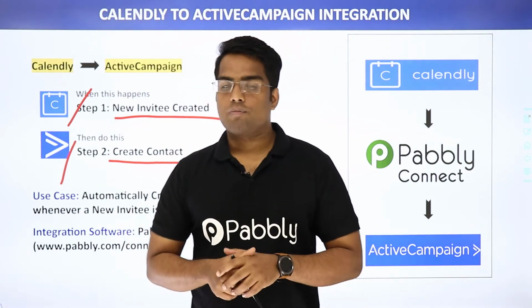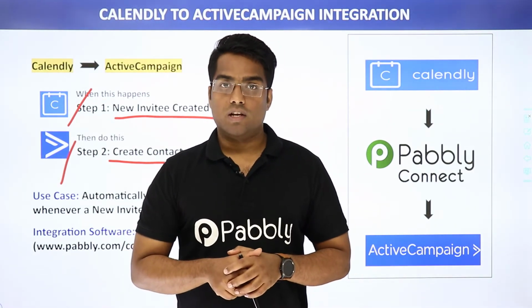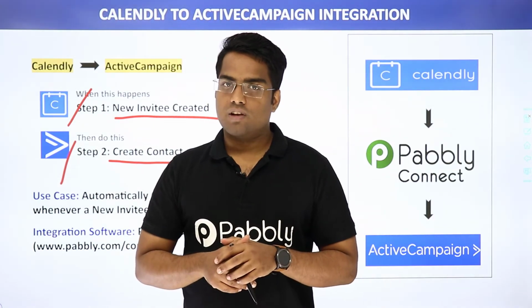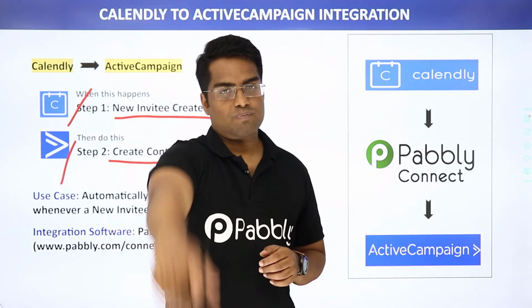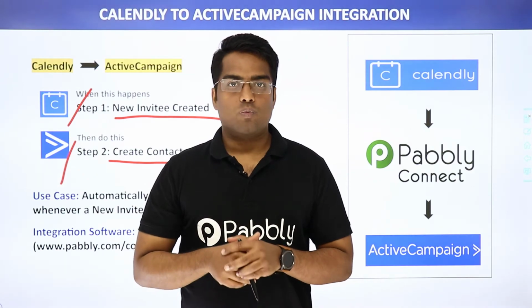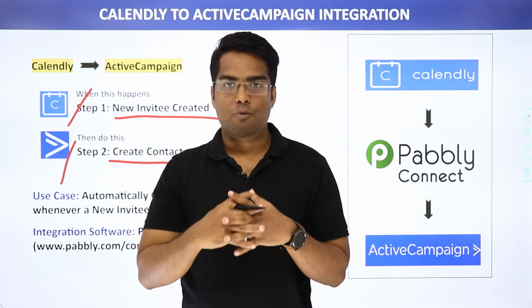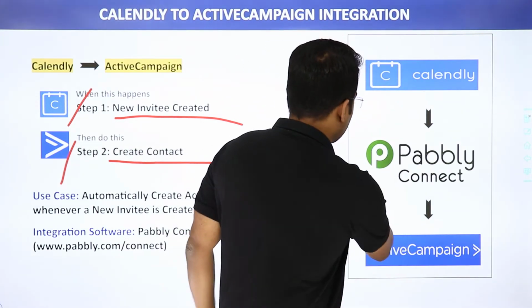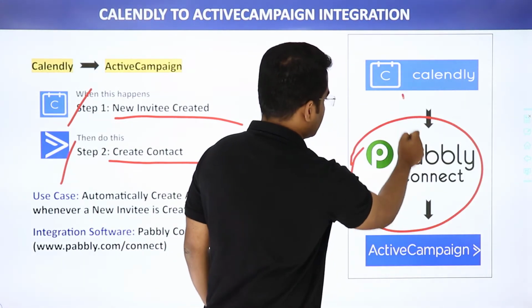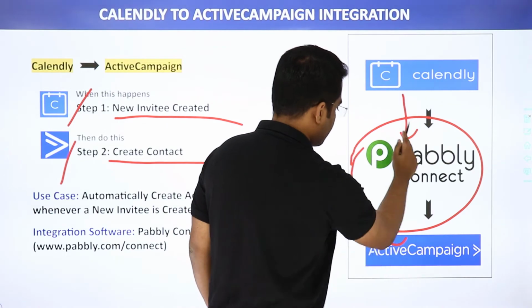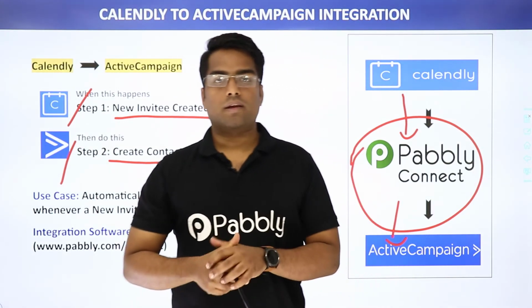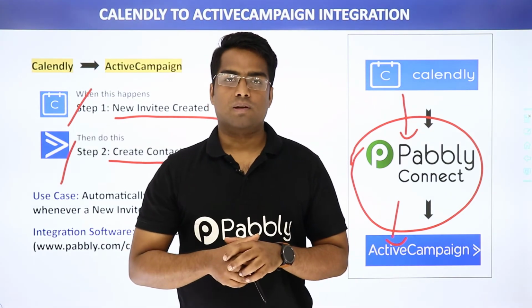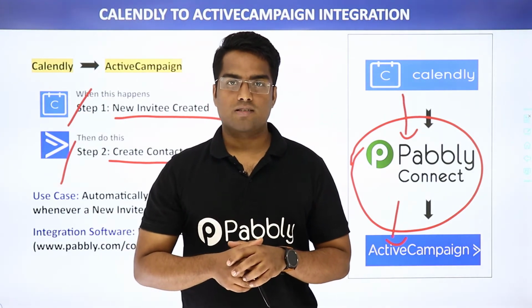But there is one minor problem. Of course, there is some kind of native integration between Calendly and ActiveCampaign, but this native integration is actually very limited. So in cases like these, we need to bring a third app to properly connect them both. So in this video, we will be using Pabbly Connect to integrate Calendly and ActiveCampaign. And the best part of using Pabbly Connect is there is no need for coding skills or programming knowledge. It can be done easily. Let me show you on my screen.